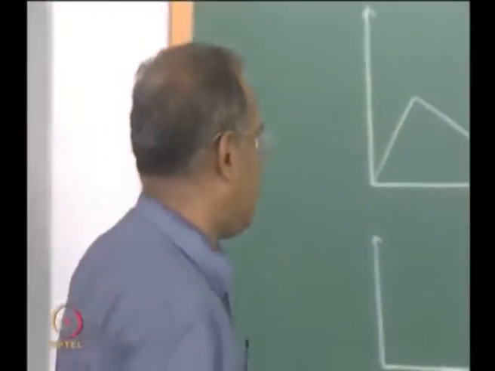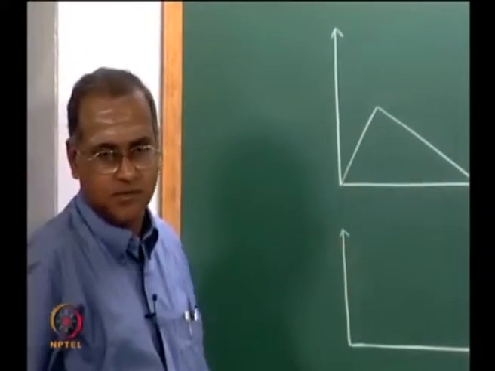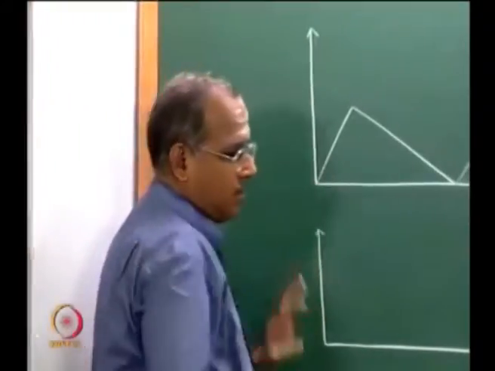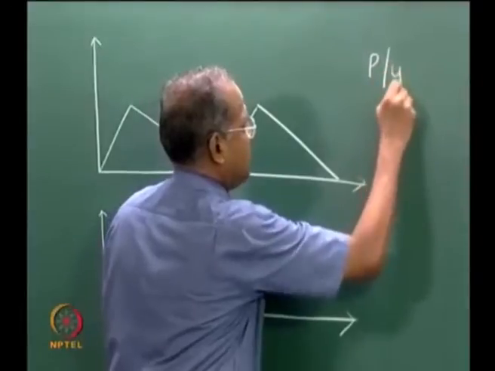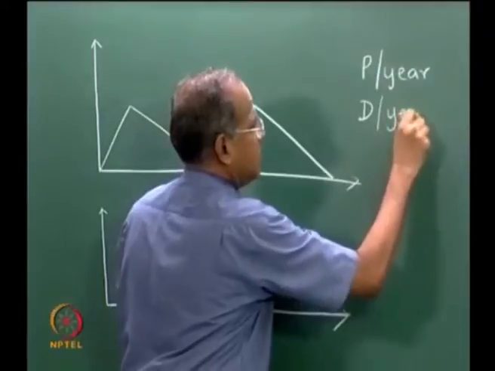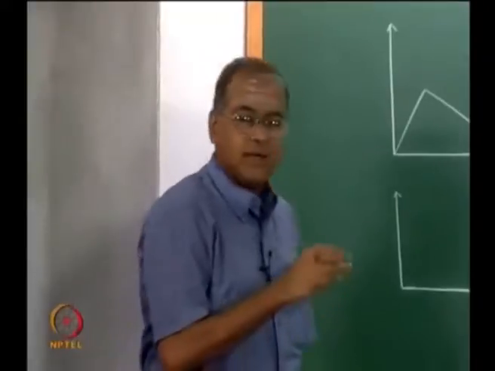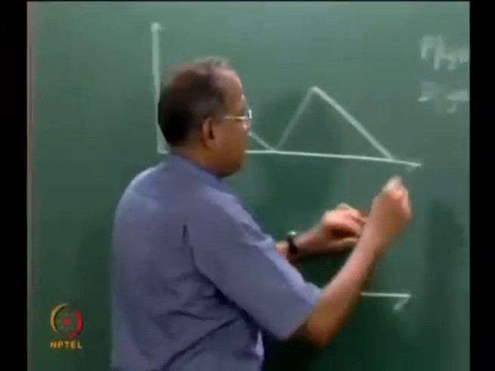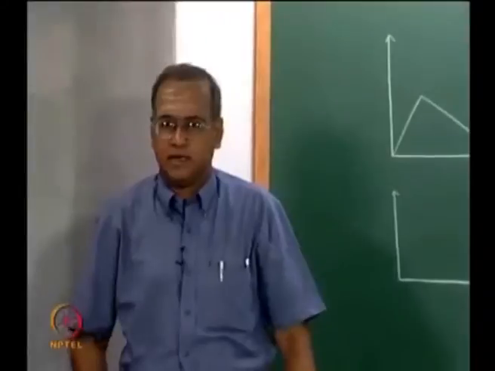In the previous lecture we looked at models which are production and consumption models, which means if we consider a particular item, we can produce this item at the rate of P per year, while the demand for this item is D per year. So, obviously, in order to meet the demand, our production rate P has to be greater than or equal to D, or most of the times P is greater than D.